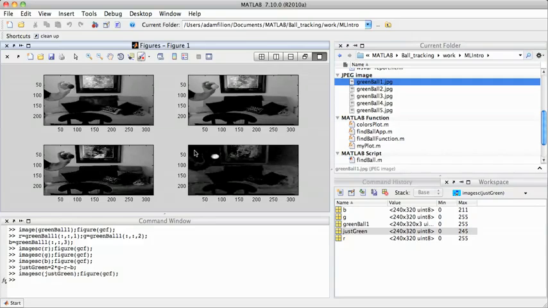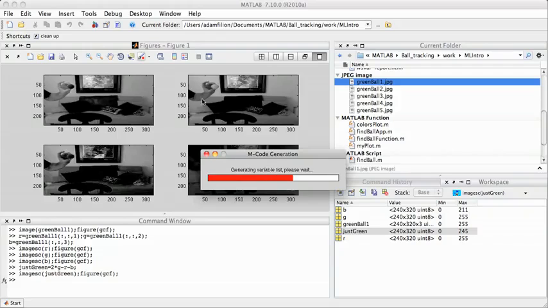Now it'd be nice if we could find a way to automate this. As you can see, we have other JPEGs over here we might want to look at, and we might not want to go through all the point and click stuff every time, especially if we're going to do a lot of editing on this, like getting rid of these tick marks, adding titles, maybe adding some captions, or doing some other stuff. So what we can do is, if we select our figure, we can go to File, Generate M File,